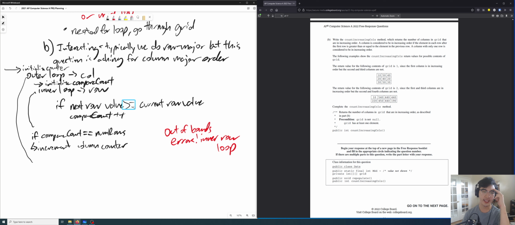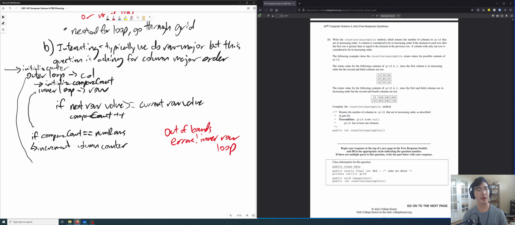I think I put a less than sign, and I was like, okay, I'll just exit out of this for loop if it's not true, and I return true or false. But it doesn't want us to return true or false. This method wants us to count the number of columns that follow this pattern of each row being greater than or equal to the previous row. Wow, you really find out if you understand something if you have to explain it to someone else, like right now.